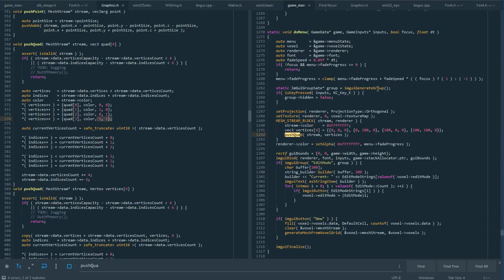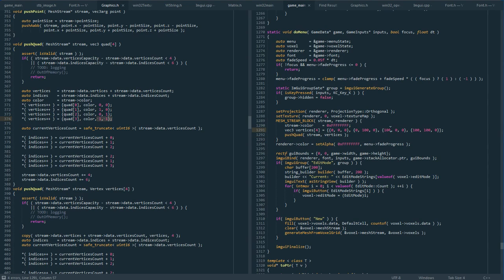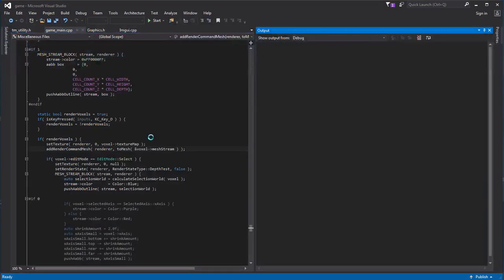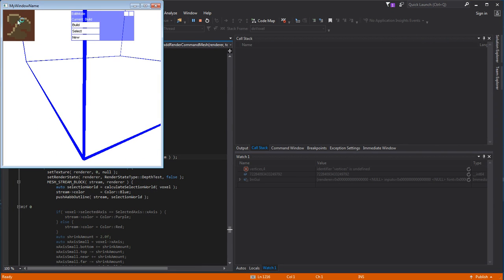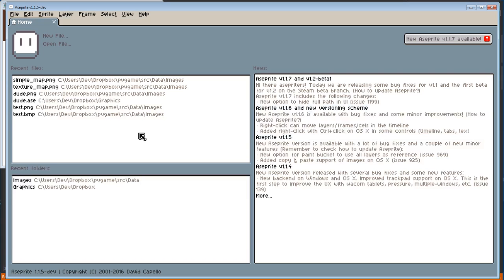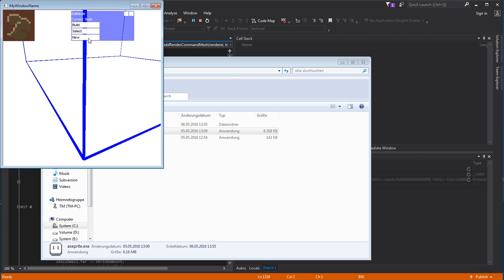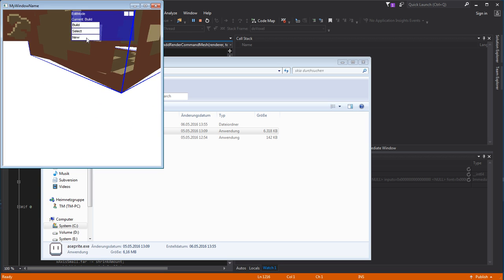Push quad. And here it's top left, oh, right top, left bottom, right bottom. So I was rendering it wrong, yet now it's correct, I think. Let's see. Yeah. So there was no problem with my